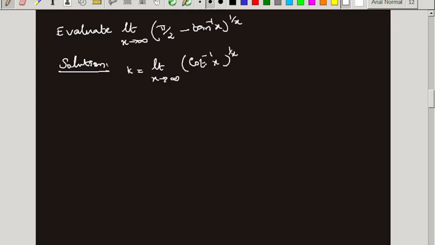So here if we apply 0, we get tan inverse of 0 is 0. So this is nothing but 1 by 0 is infinity power,